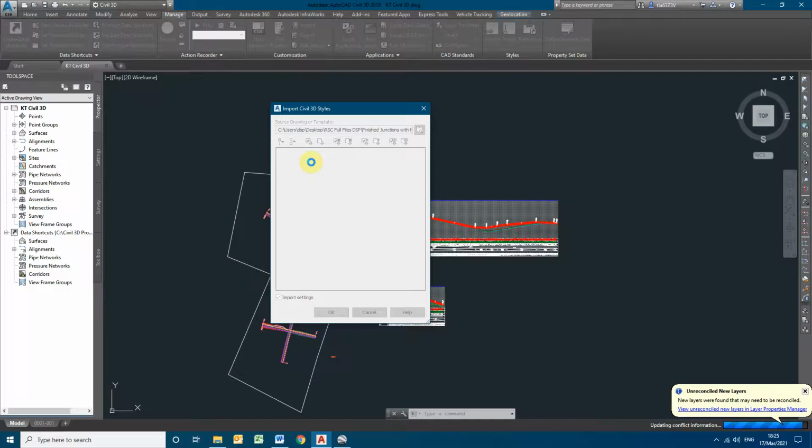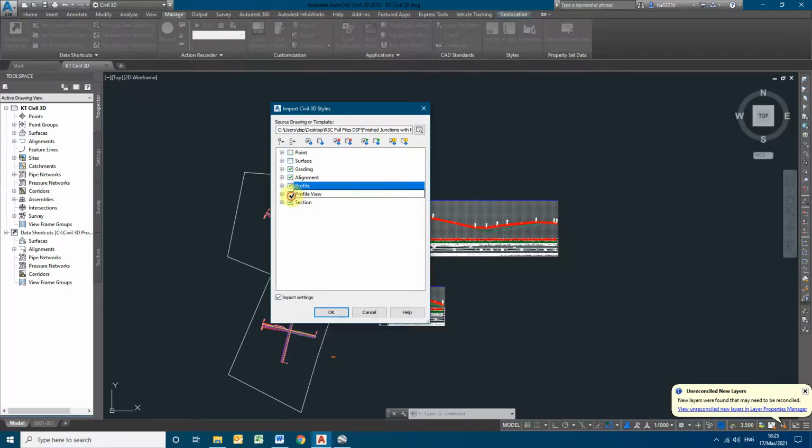Mostly the style sets that I had created are for alignments, profile views, sections, whatever. We have the customization, whatever style sets we have in our old projects, and we can directly take them.